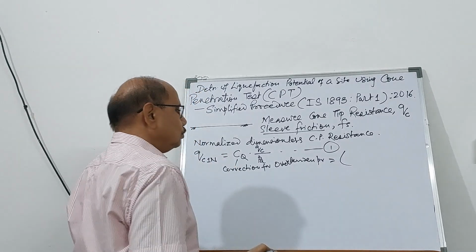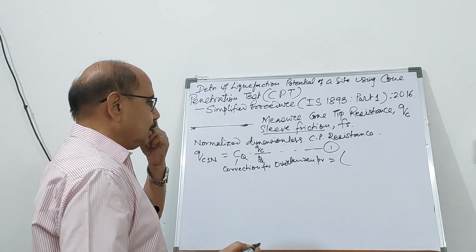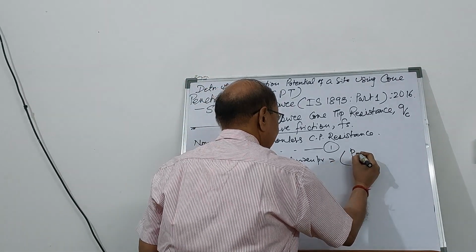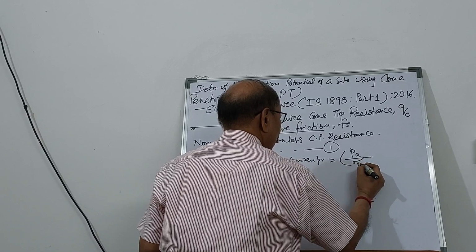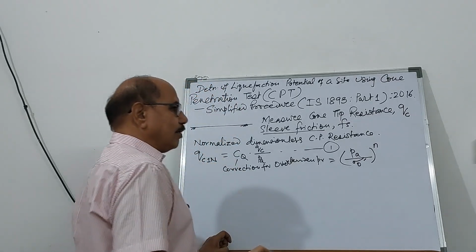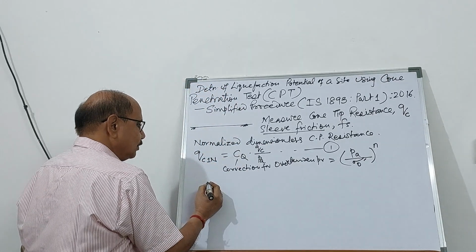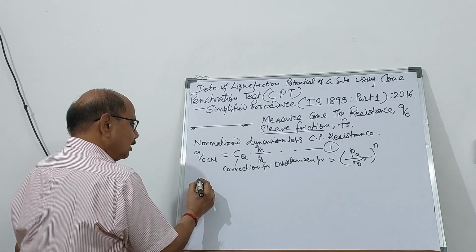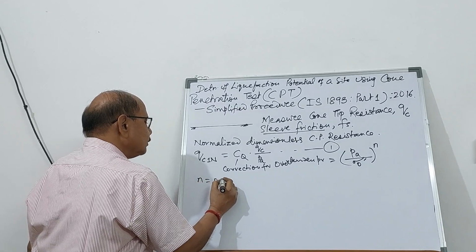This CQ, which is called the correction for overburden pressure, is going to be equal to atmospheric pressure, PA, divided by effective overburden pressure raised to power n. So CQ is given by this expression, and the value of n is going to be